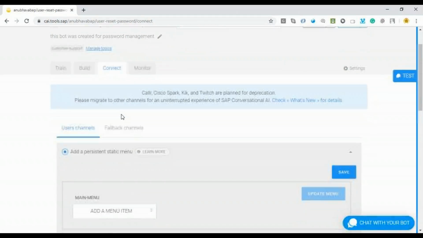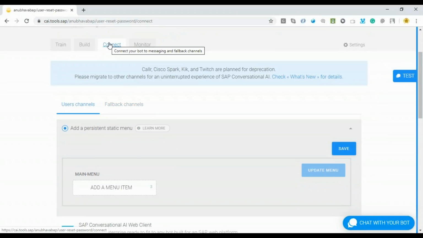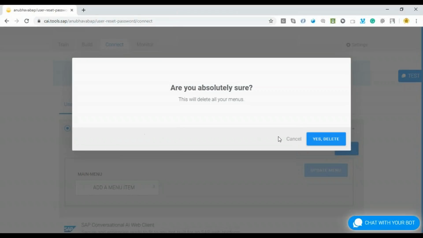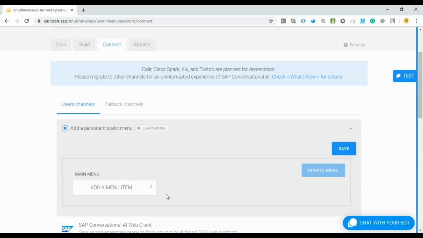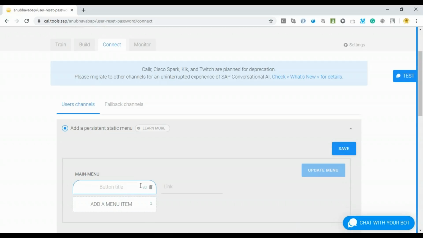Maybe I want to add some more features. So for what I do, I go to connect, and here in add persistence static menu, what I want to do is I want to add a menu item. So let me show you. Just click on that and let's add a menu item. I would like to add another link again for our training website. So I will say click here to know more,